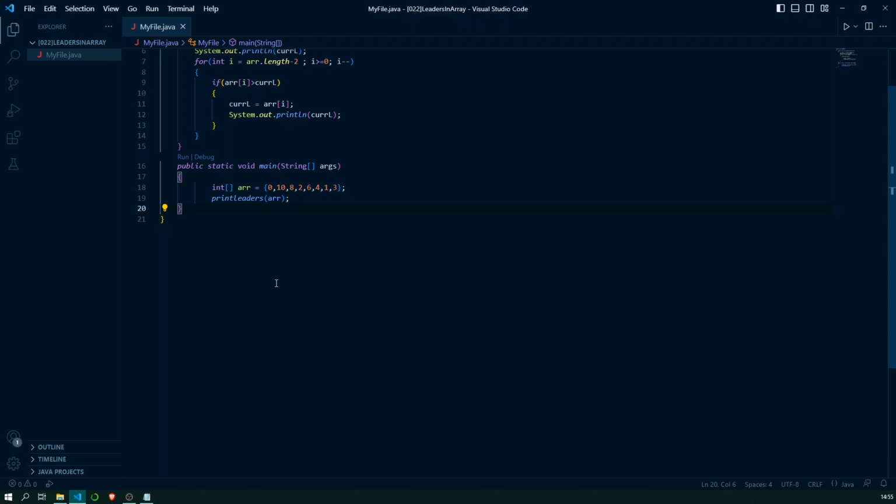In the brute force approach, where the time complexity was order of n square, the leader elements were printed like 10 8 6 4 3. In this case we are getting a similar output but in a reverse fashion, 3 4 6 8 10.